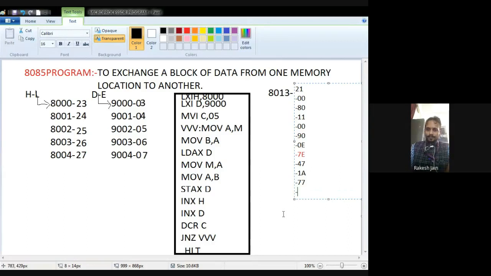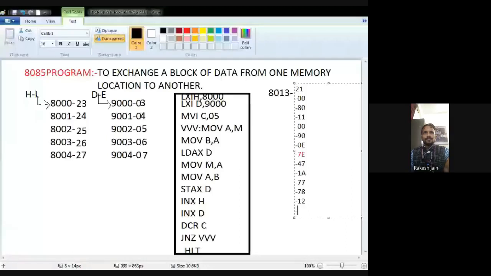Then move A comma B. From the hex code table I find move A comma B is 78. Then the hex code for STAX D is 12.